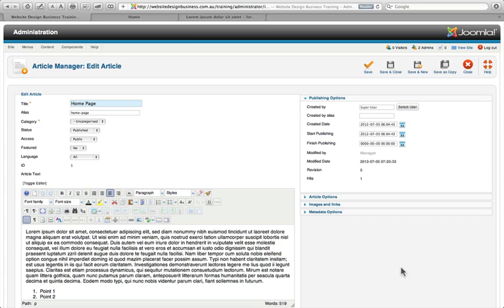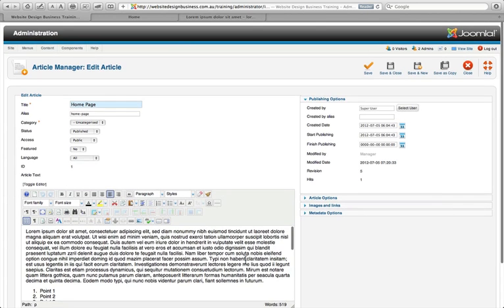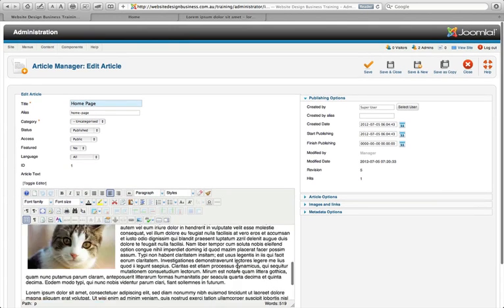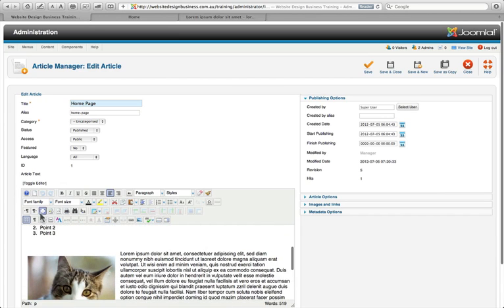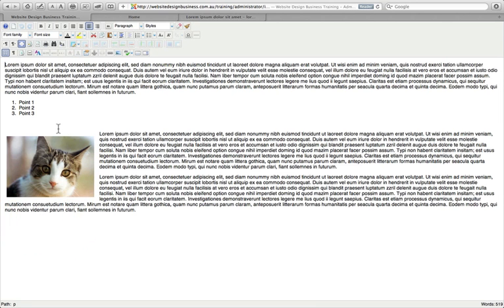Okay, so one little thing that we're missing, I guess, for this particular page is a table. I just would like to add a table of contents or something for this particular article. Again, you can see my preview area is quite small, so I'm just going to toggle the full screen option. So I'll just put the table under these articles. Now it's on the third row using the JCE editor. There's a little grid icon, so I can